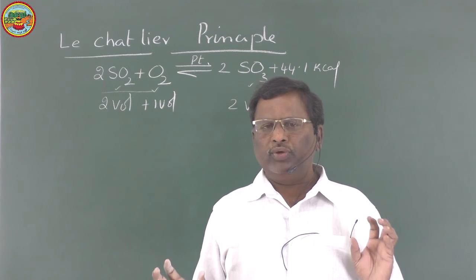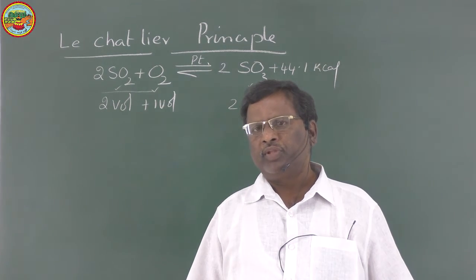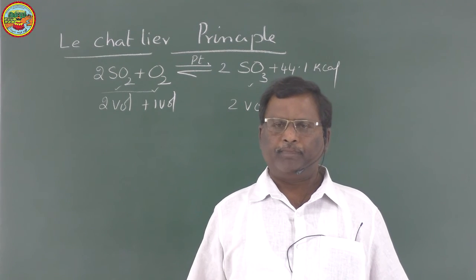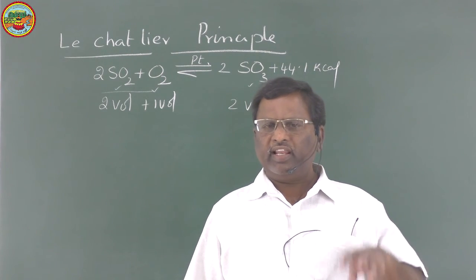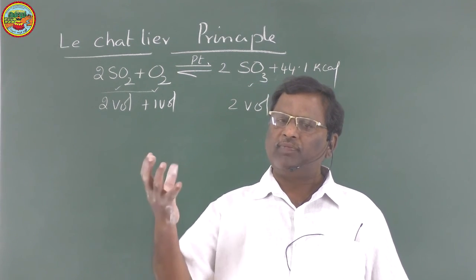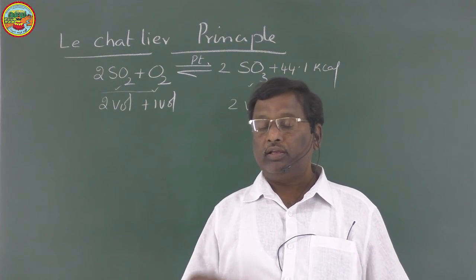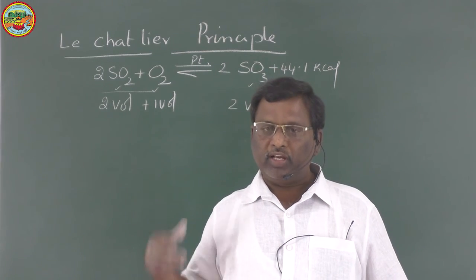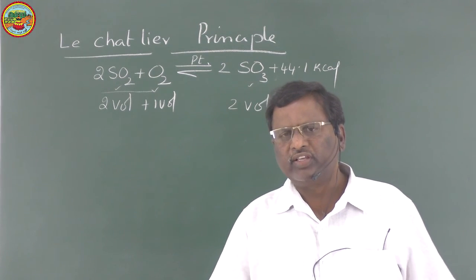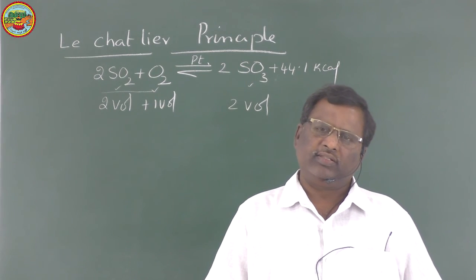So here, if you increase the pressure, the effect of pressure will be on the volume. Volume should decrease. That means when the reaction is in equilibrium, if you increase the pressure, volume should decrease. A decrease of volume will take place only when a lesser number of moles of products are formed. That means an increase of pressure here favors the forward reaction. But at very high pressures, the reactors may spoil because of the more acidic character of SO3. So only low pressures, 1 to 2 atmospheres, are maintained in the preparation of SO3 by this contact process.